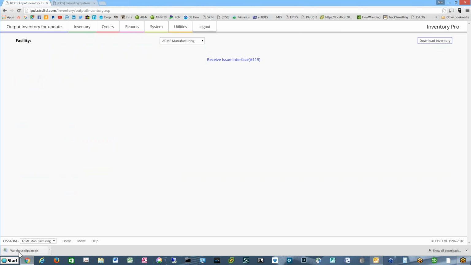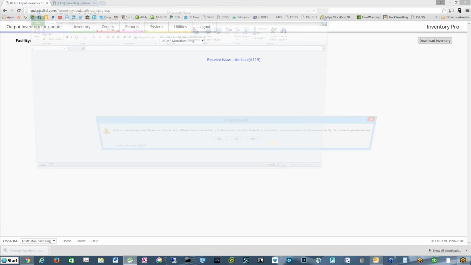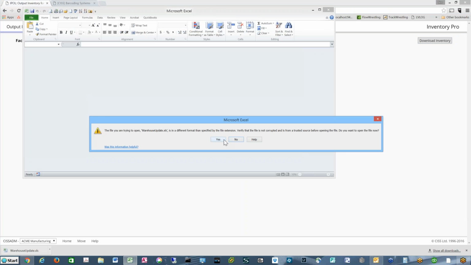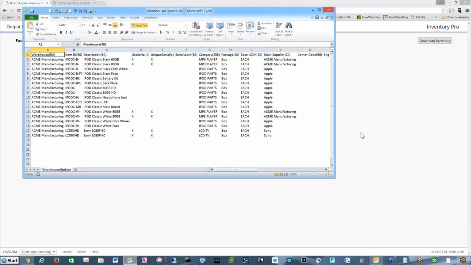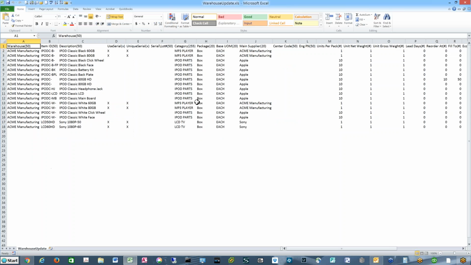See how it's generating this Excel spreadsheet down here? If I open this up, basically it's just exported to Excel all of the inventory in the warehouse, and it was actually that one warehouse. And this is a utility that's really helpful if you need to make global changes,